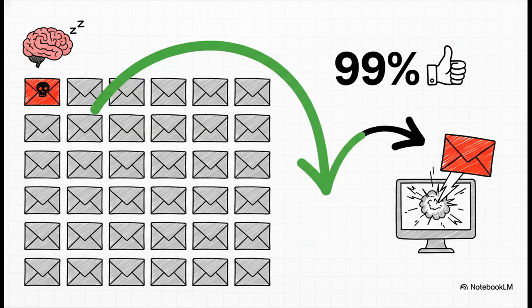So, what if we build a really lazy model? A model that does nothing but predict not spam for every single email it sees. What's its accuracy? Well, it would be right 99% of the time, but it would catch zero spam. It's 99% accurate and 100% useless at its job.